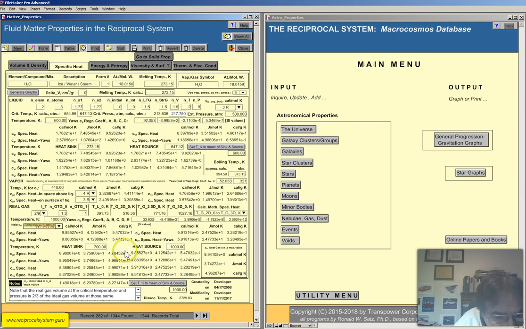Again, it's the same, like this column is cal per gram K. And you can imagine, it's the same thing going across. It's going to be cal per mole K, and then joule per mole K, cal per gram K. And in this particular case, the calculations are very, very close for the real gas calculations, which is nice to